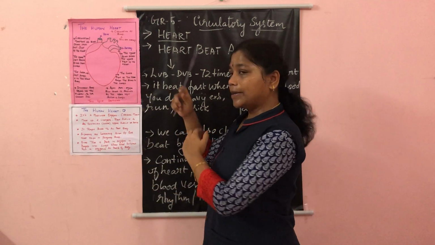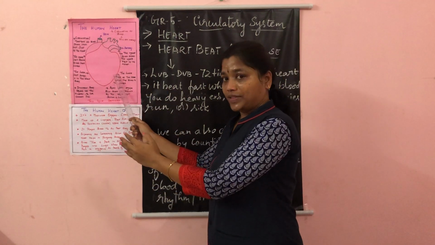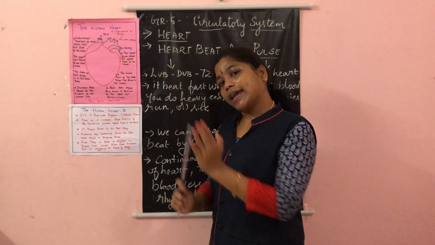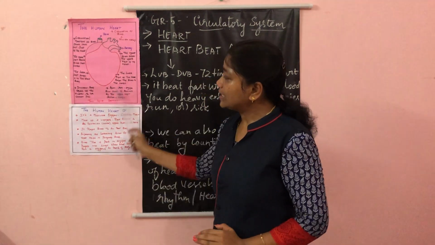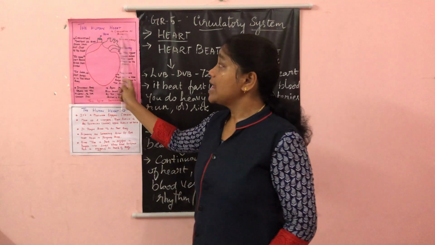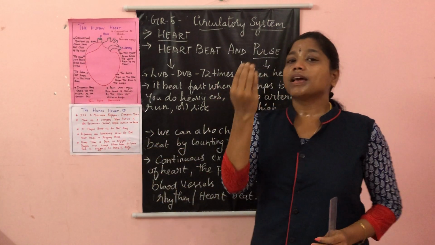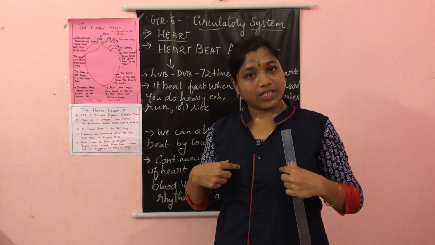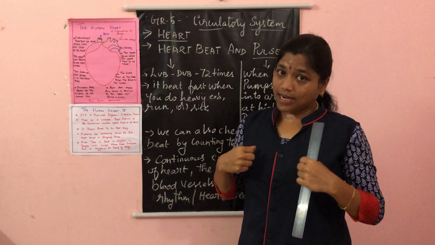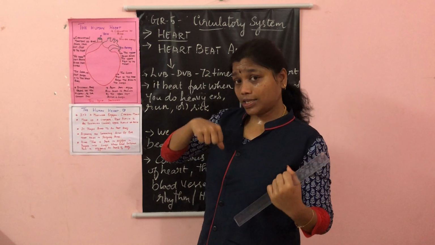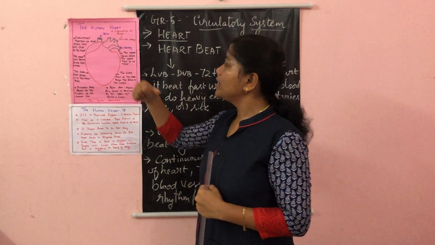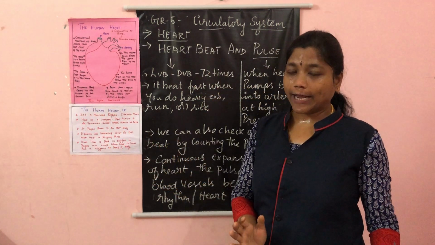Again the impure blood comes to the upper right of the heart, then to the lower right, and again to the lungs. So this cycle continues. This is the circulation of the blood. We take in oxygen that reaches the lungs, and from the lungs the oxygen-rich blood enters the different body organs.